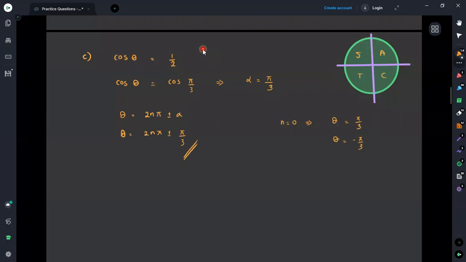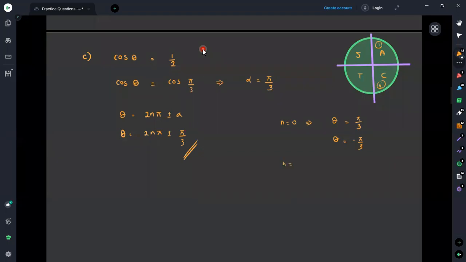It is because if you measure the angle in the anti-clockwise direction or the clockwise direction, it would fall into the first or the fourth region. Then we can see that in the first region and the fourth region we are getting cosine as a positive value. That is why, when n equals 0, we are getting 5 over 3 as well as minus 5 over 3.